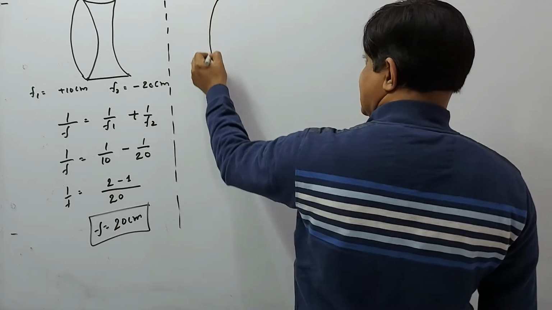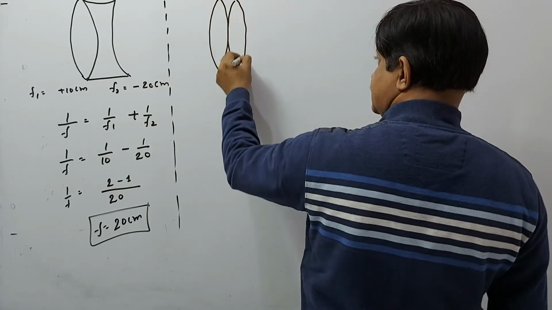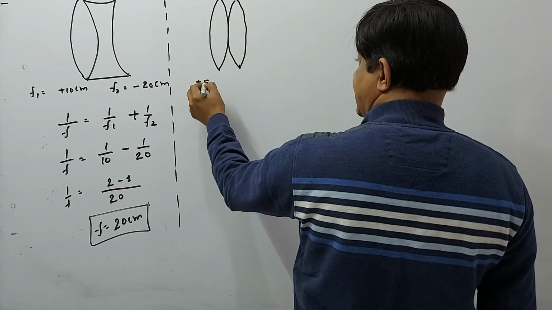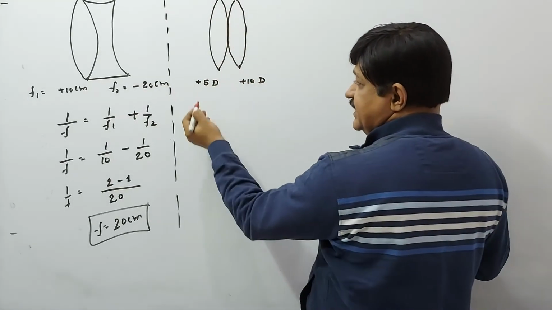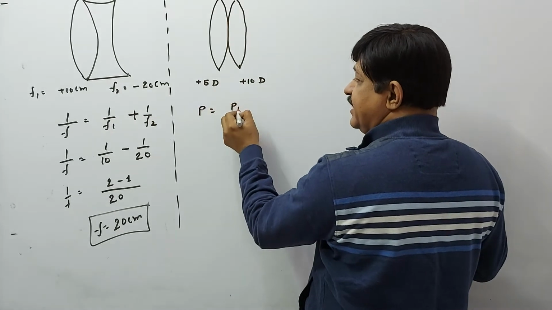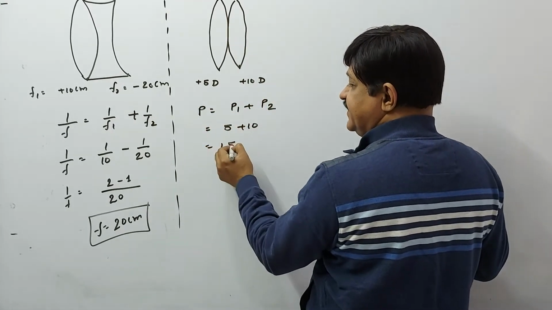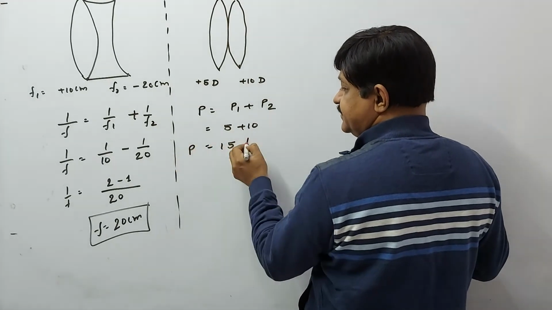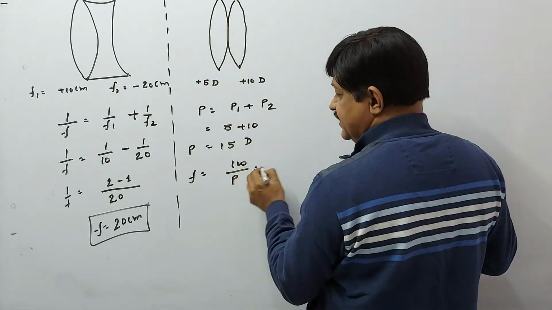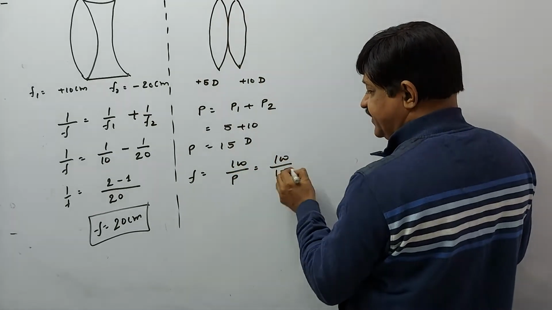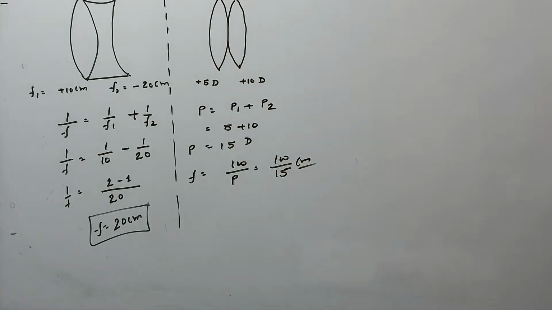दो कॉन्वेक्स लेंस ही साथ में रख दिए आपने। पहला है +5 डायोप्टर, दूसरा है +10 डायोप्टर। इसका आसान तरीका है, सबसे पहले पावर निकाल दें। पावर is P1 + P2, that is 5 + 10, so power is 15 diopter. Focal length is 100 upon power, that should be equal to 100 upon 15 सेंटीमीटर के अंदर हमारे पास में इस तरह से आ जाएगा ये।